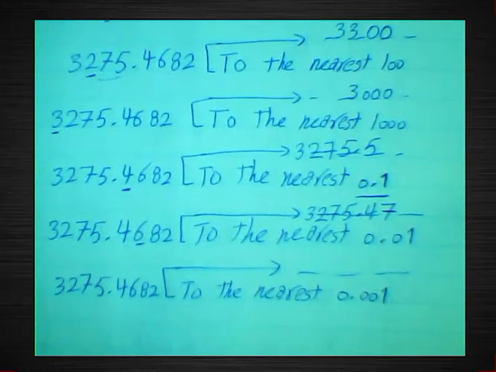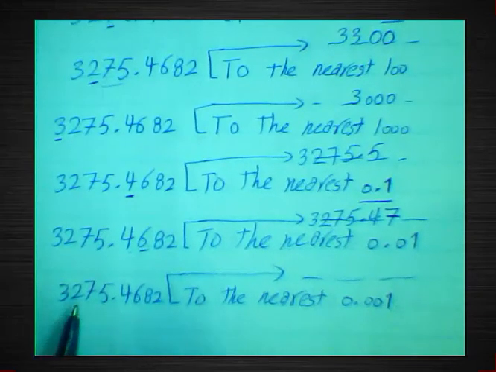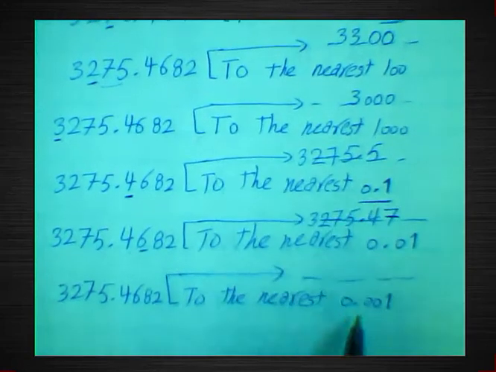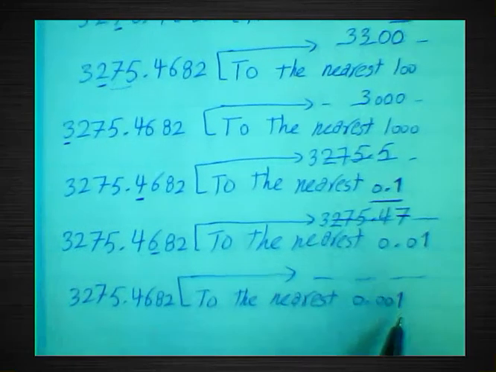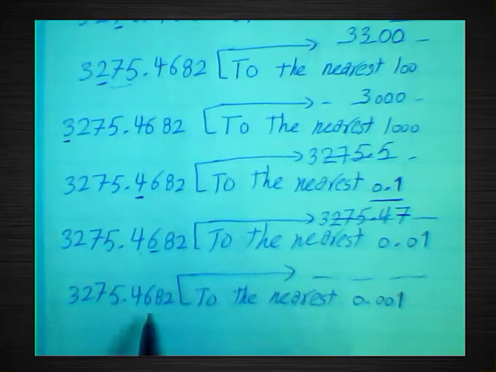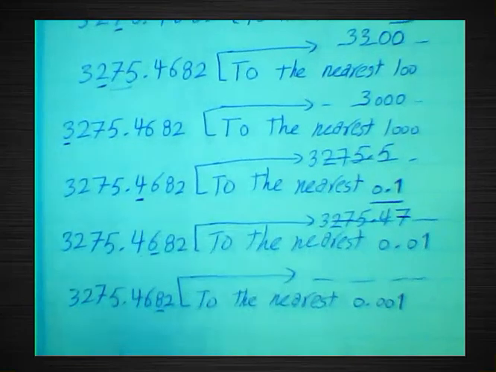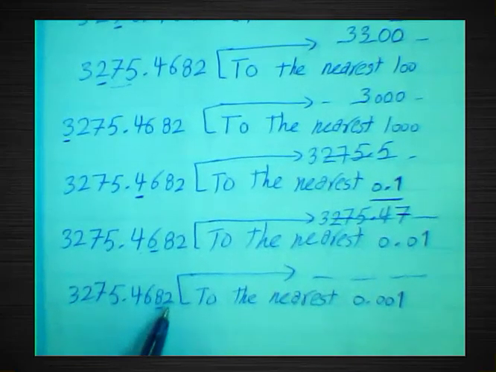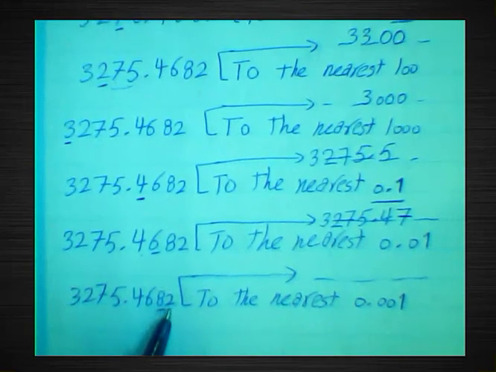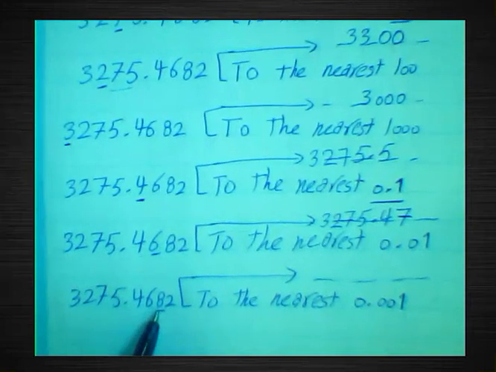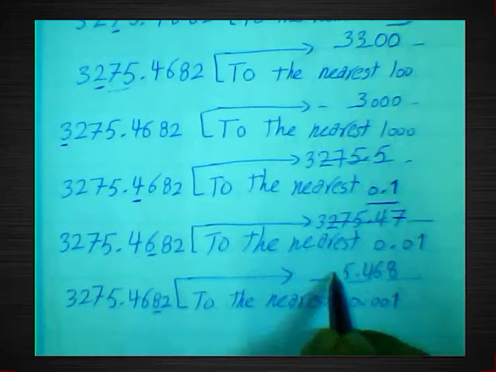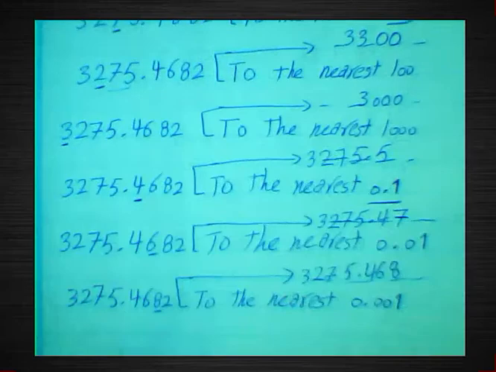And what about this example, 3275.4682, and he wants to find the result to the nearest thousandths? We must underline thousandths. Where? Thousandths is 8, and 2 is a poor digit, it can't give 1 because 2 is less than 5. Can't give 1 to 8. We write it here, and 6 4, and we will write all digits. Okay,